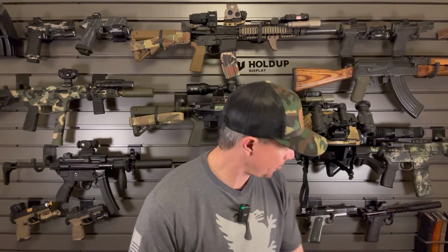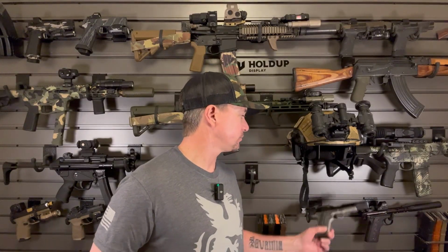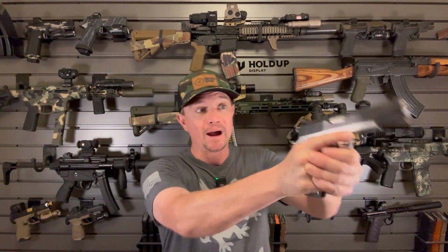Now, why subsonic ammo? Supersonic ammo is much more effective. It has better terminal ballistics. A subsonic 300 blackout is just like a glorified 45 ACP, right? Well, sure, it's better than that. But yeah, about the same weight, about the same velocity as a 45 ACP. But the difference is, 7 or 8 rounds of 45 out of a 1911 with no optic,